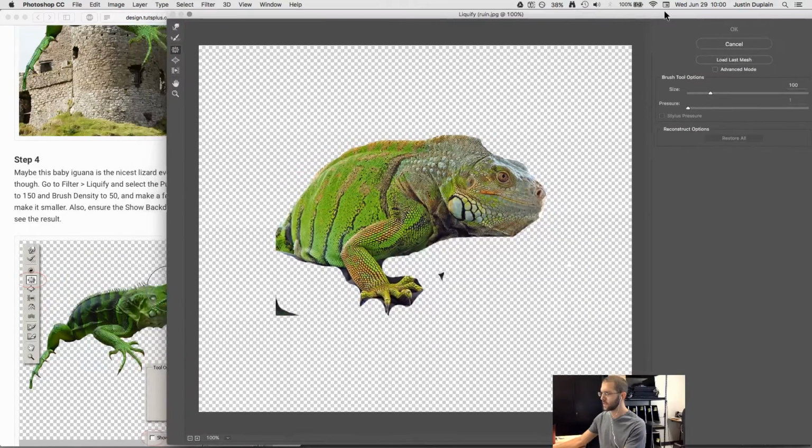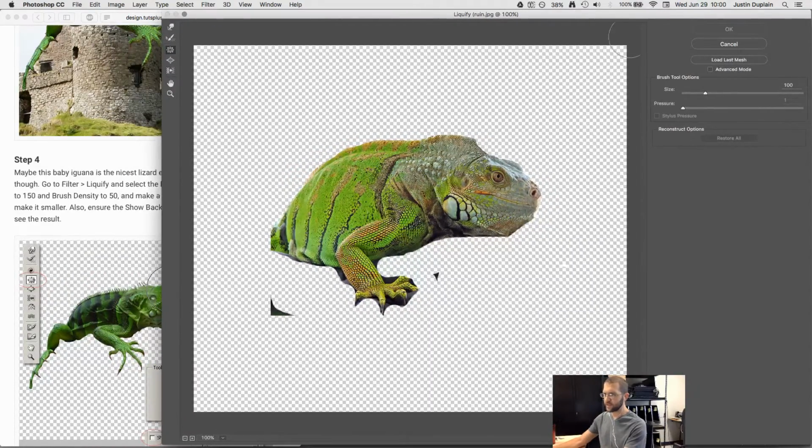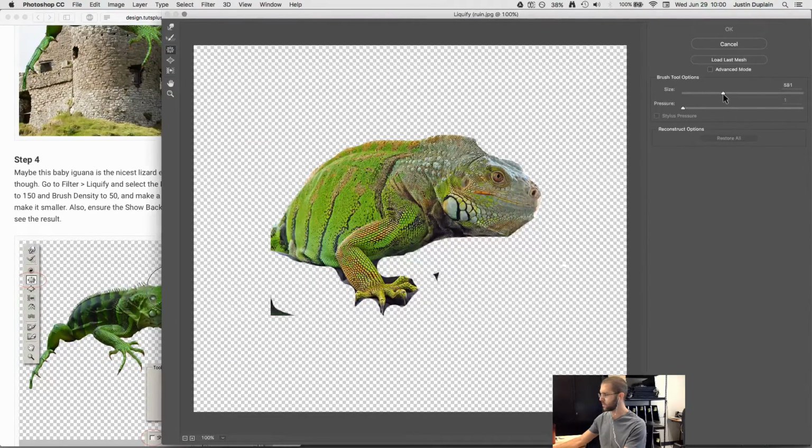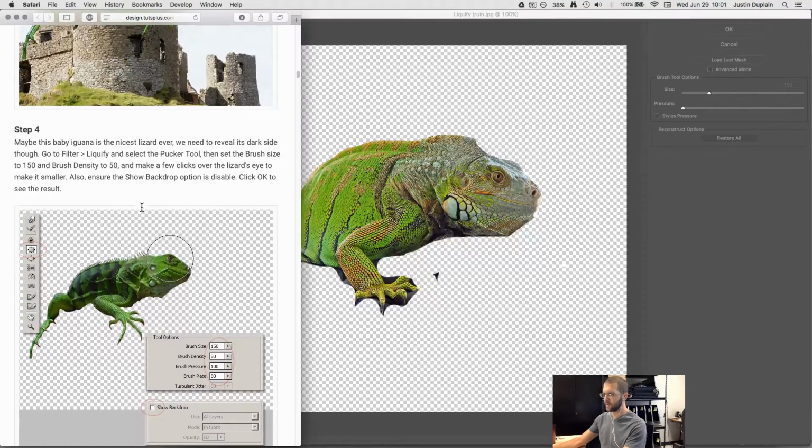So the settings in CS5 look to be a little bit different. Saying to set the brush size to 150. So we'll zoom this up a bit. And this may vary because we probably have a slightly different resolution than he does. And then it's saying the density to 50. But we don't have a density option here. So we can just go ahead and